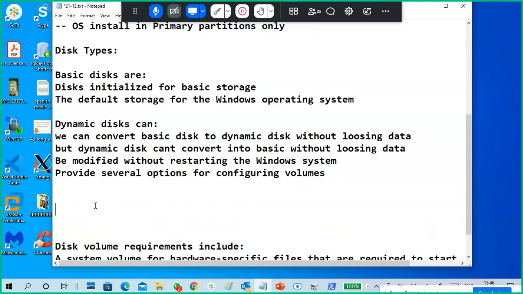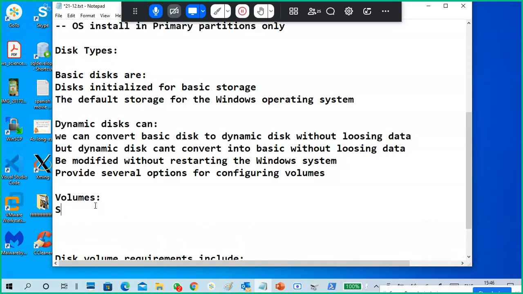What are these volumes? We'll see volumes like simple volume, striped volume, mirror, and RAID 5 volumes.